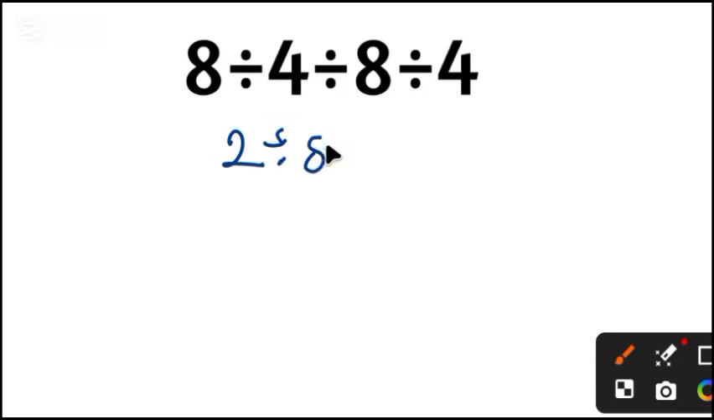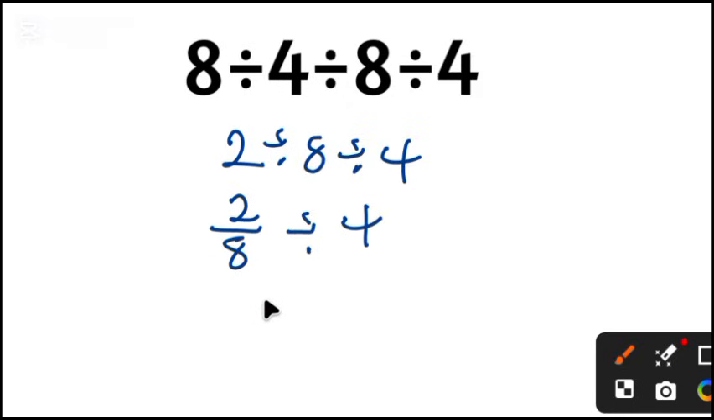Then 2 divided by 8 will give us 2 over 8, divided by 4. And now 2 over 8 divided by 4, using the KCF rule,